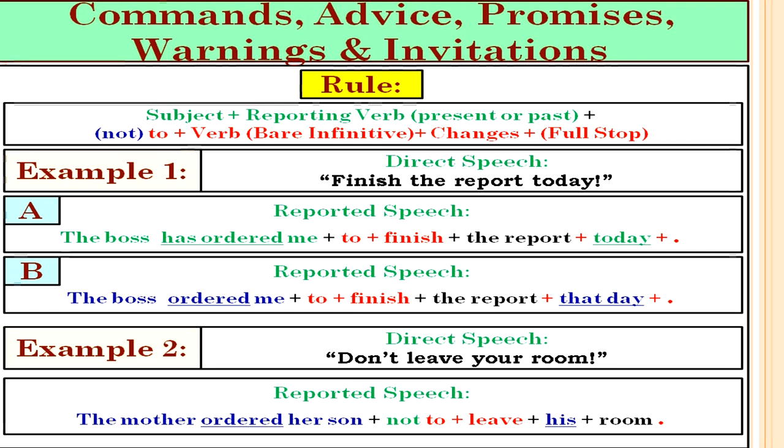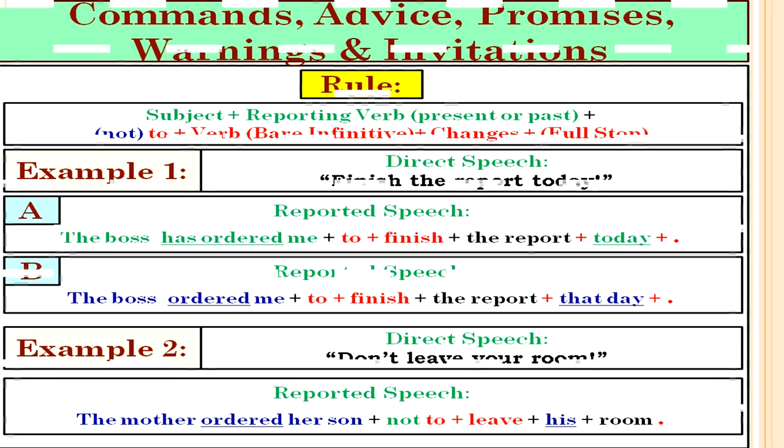Concerning the reporting verbs of the other language functions, which we haven't dealt with in examples, we have advice. The reporting verb is advise. It is written with S. For promises, we have promise. For warnings, we have the verb warn. And for invitations, we have the verb invite. And the tense, of course, depends on the sentence in reported speech, either in the present or in the past tense. The next part of the video is